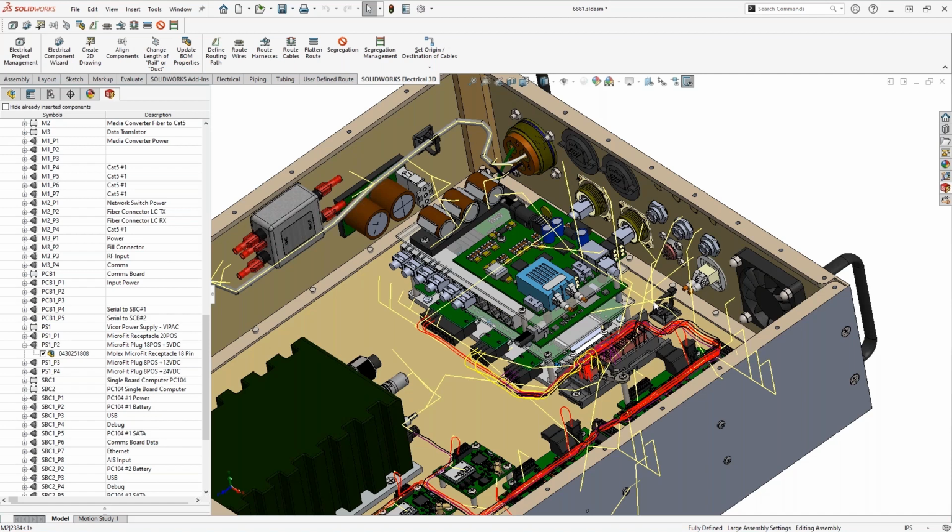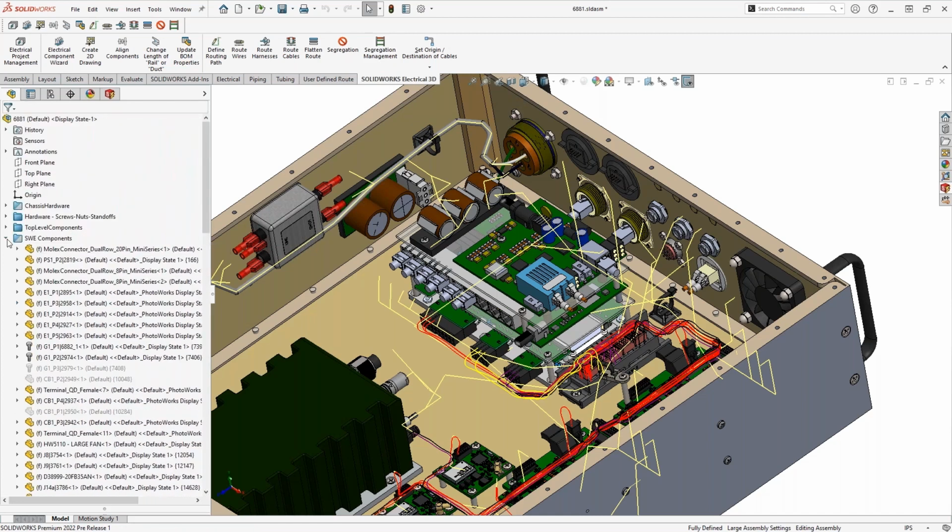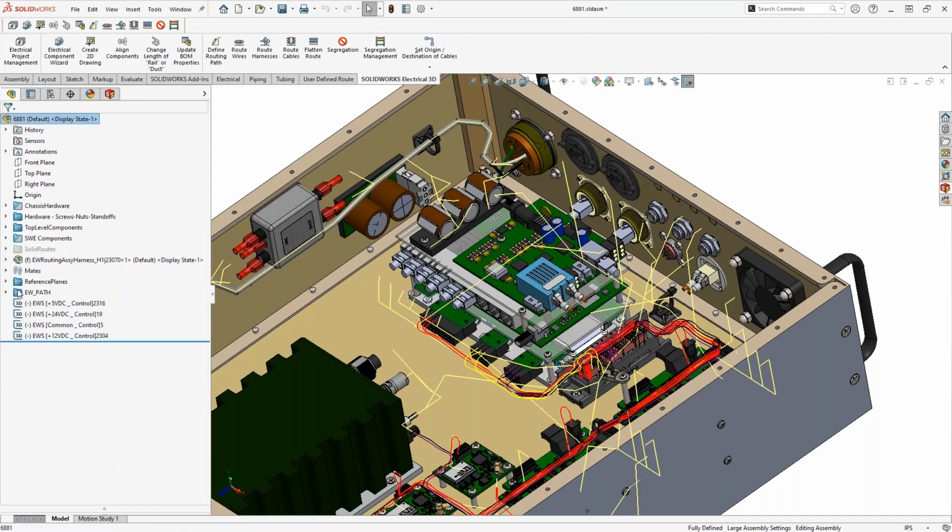On top of that, there is an option for segregation, your power versus comms. Maybe I want to do all my power on one side and all my communications on the other side of the cabinet. You can tell the software that you want to separate those out and break those out as necessary as well. I'm going to go ahead and hide that EW path so it's not in our face, and we can take a closer look at those